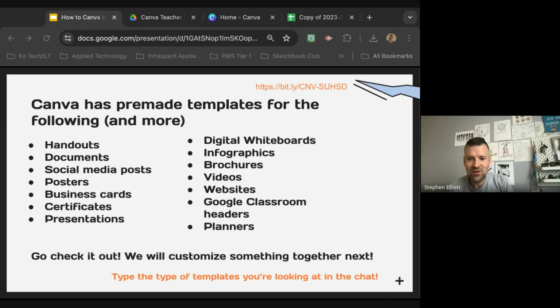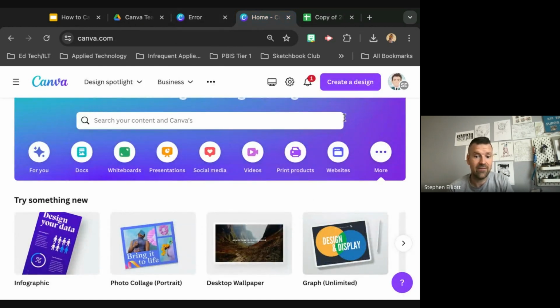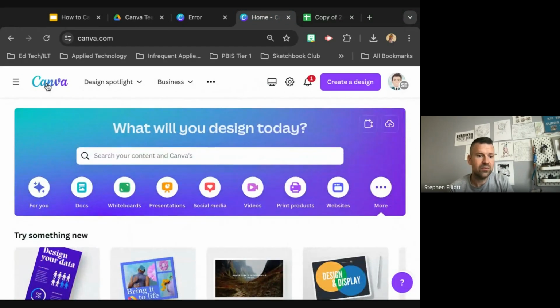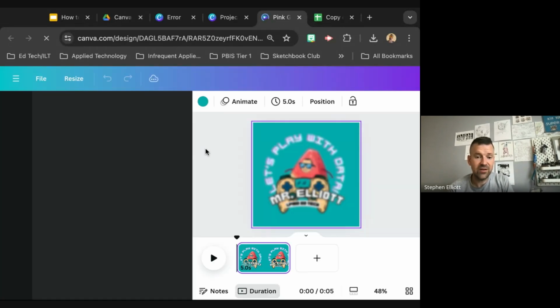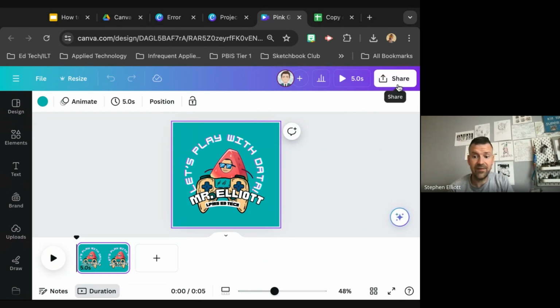Okay, I got a share from James. All right, so James, with the way that you've shared your design, it doesn't give me view permissions. So what I'm seeing when I log in, you can see right here, and I can show you how to fix that if you'd like to share it in that way. The other thing you can do is download it and put it into the Google Drive. But if I've got a design, like for example, let me go to my projects. Here we go. Okay, so if I were to go to my design, if I wanted to invite someone to look at it on Canva as opposed to downloading it as a file, I would go